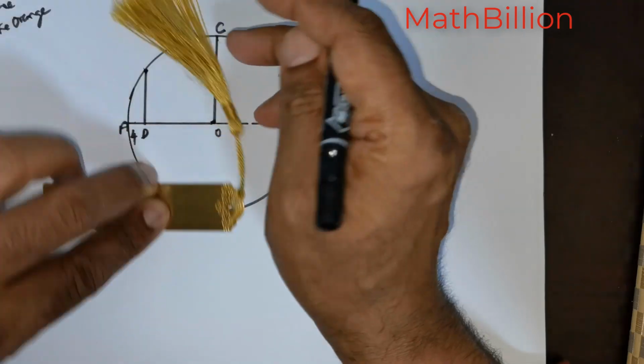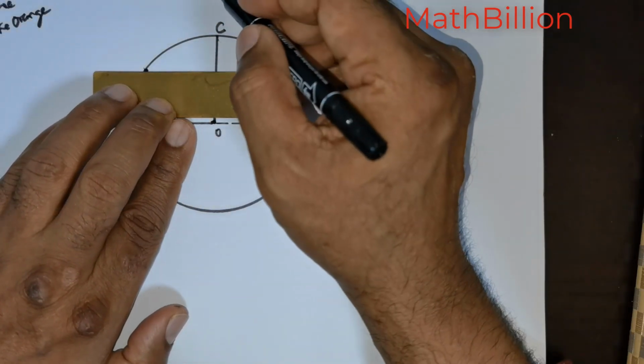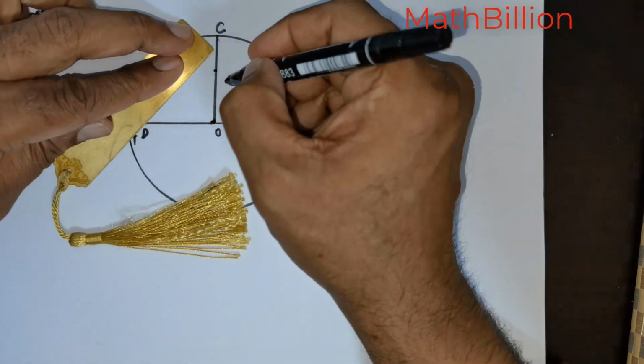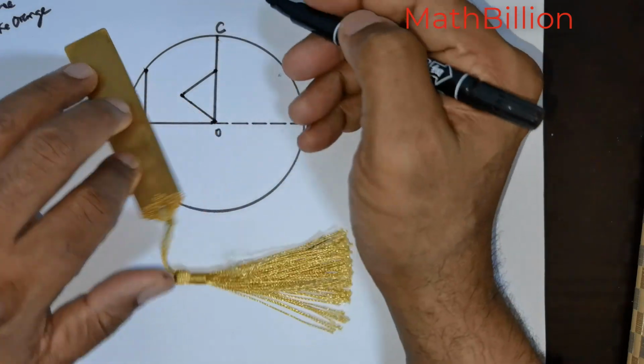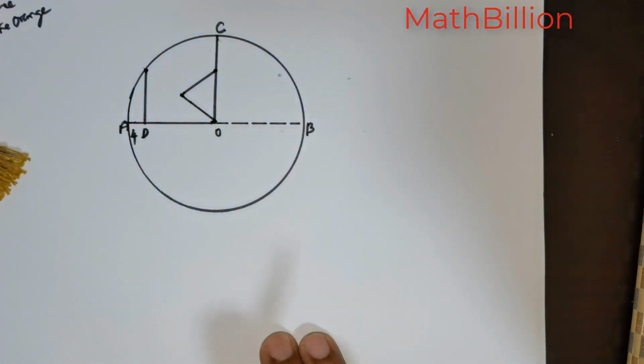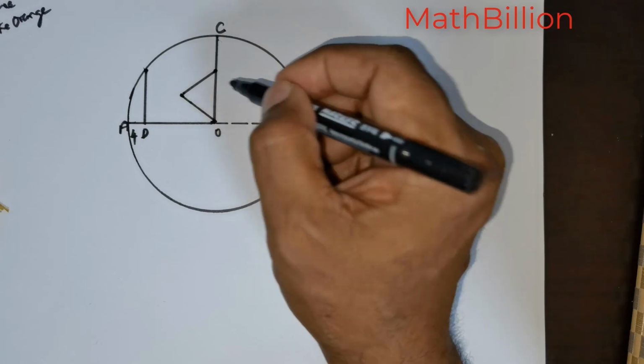So let me draw that shaded region. Okay, so we have to get this region,